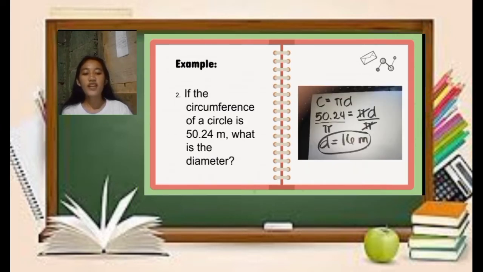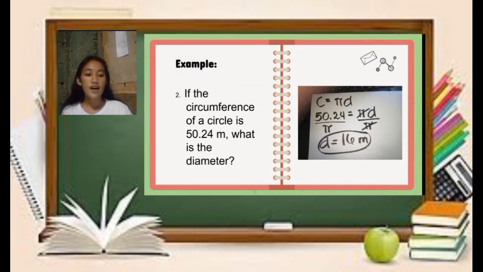2. If the circumference of a circle is 50.24 meter, what is the diameter? So, we need to find the diameter instead of the circumference because circumference is already given. So, we use the formula C equals pi d since we find the diameter. C equals pi d. The measurement of C is